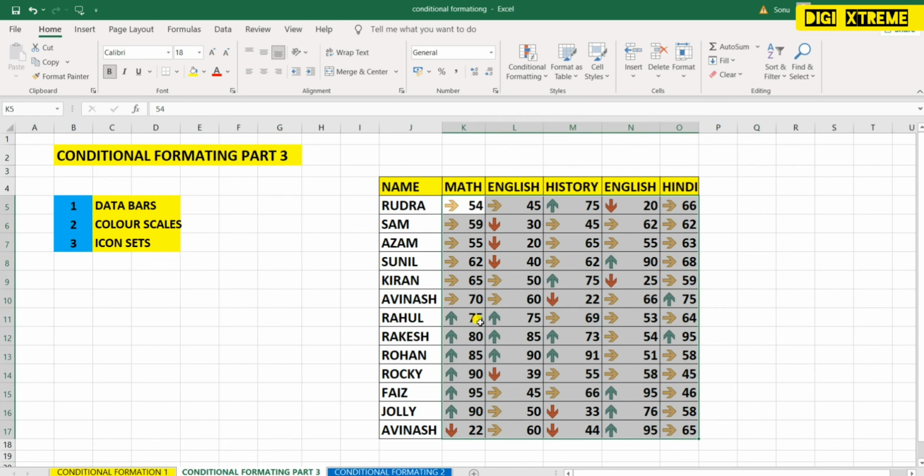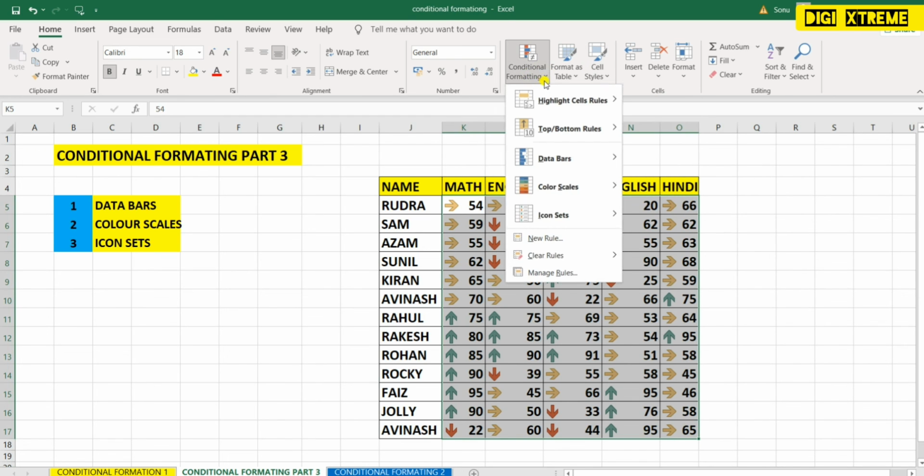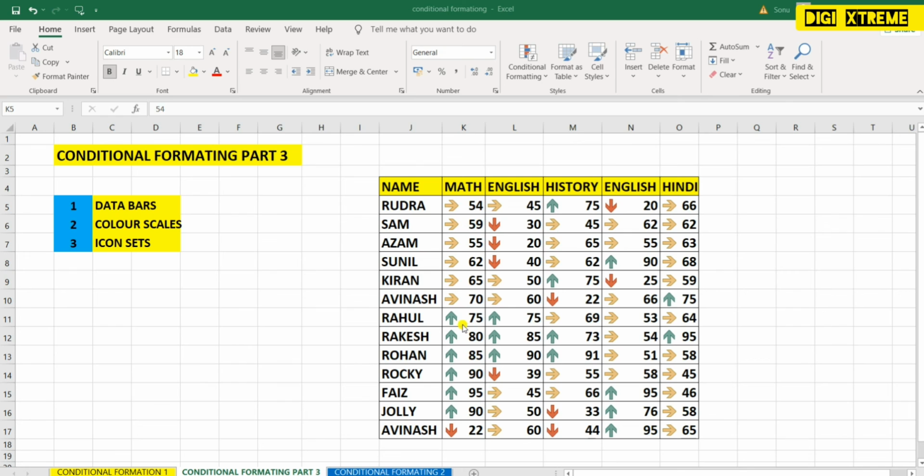What we can see, the up arrow will show you the highest value, and the right arrow will show you the mid value, and the down arrow will show the lowest value. So this way we can also highlight with these icon sets. As I told you, the up arrow will show the highest value, the right arrow the mid value, and the down arrow the lowest value.